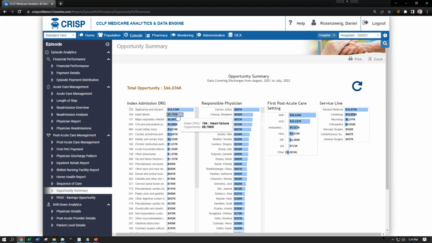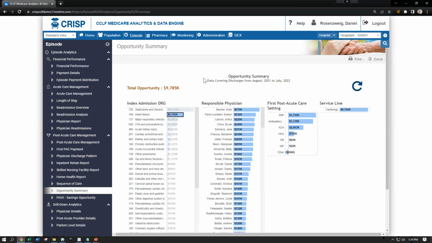And so if we wanted to see in more detail where there's variance in our discharges for heart failure according to the first post-acute care setting, we first make a selection here, and it will filter the three charts to the right according to only those discharges for heart failure. And so you can see that the responsible physician list has changed. And then the $10 million indicated here is the sum across any one of these